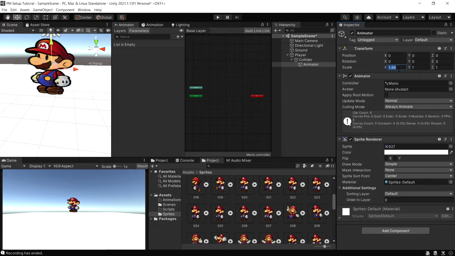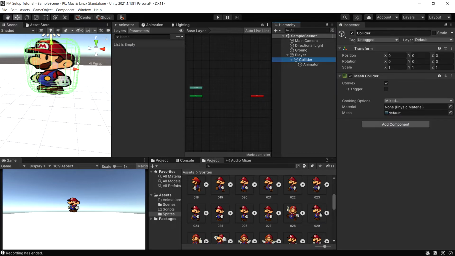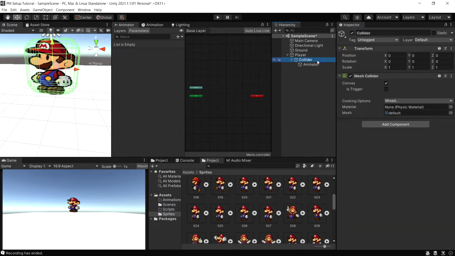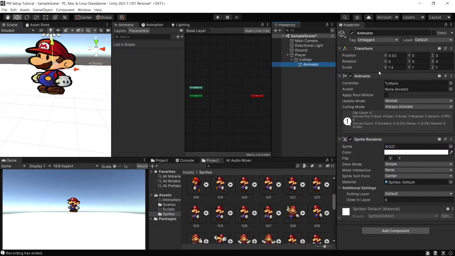So let me try 1.4 or 1.5 and maybe even move it over just a little bit. And that fits it pretty well. And now what we're going to want to do is scale our collider down so that the sprite no longer looks stretched and distorted. So I scaled it up by 1.5